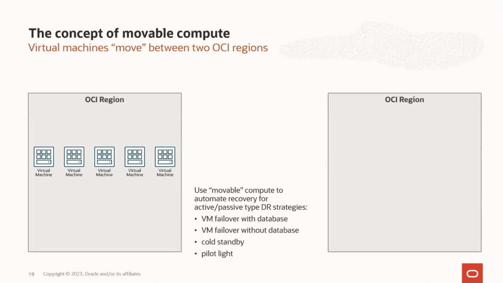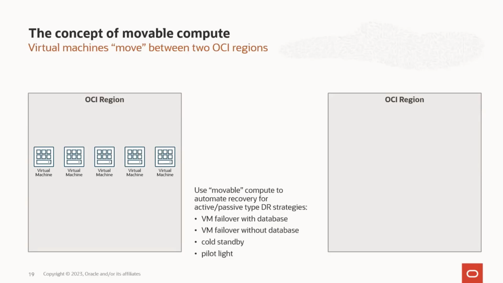So let me talk about some concepts here. We basically can handle any DR deployment architecture. I don't care what old school mainframe term you want to use, right? Because these terms have been around forever. And I wish we would think of something else for cloud, because cloud's completely different now. But if you're doing a VM failover with database or without database or cold standby or pilot light or anything where you basically have virtual machines only in one region and you want them to be moved, and that's in air quotes, we don't really move things, but if we were going to make it appear in the other region,